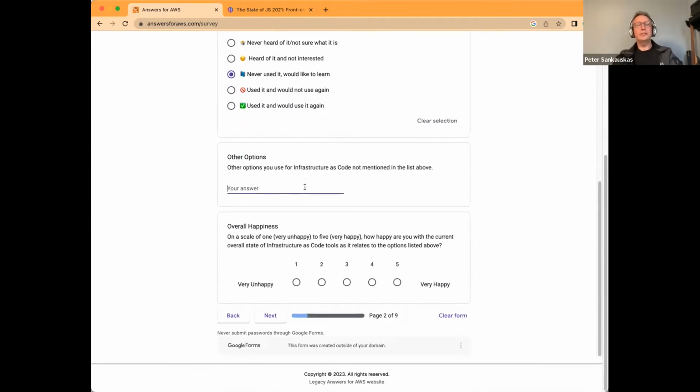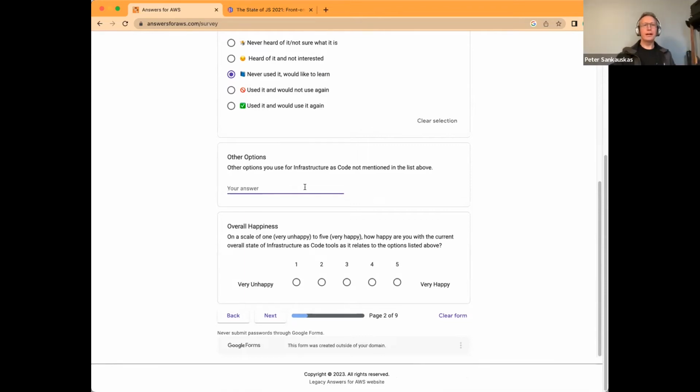Is there anything else that you use to manage infrastructure as code? There are other things that I've heard of, but nothing that I would bring into contention with these guys as far as anything anywhere close to mainstream or production-level ready for an environment. So I'm gonna say no.